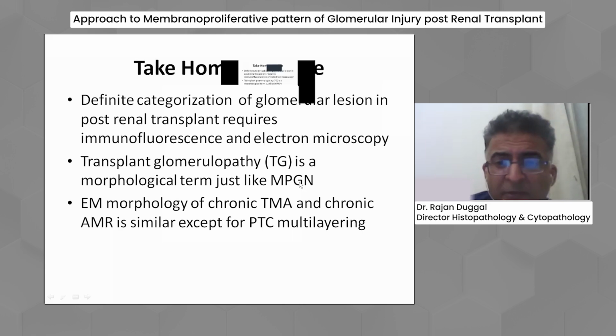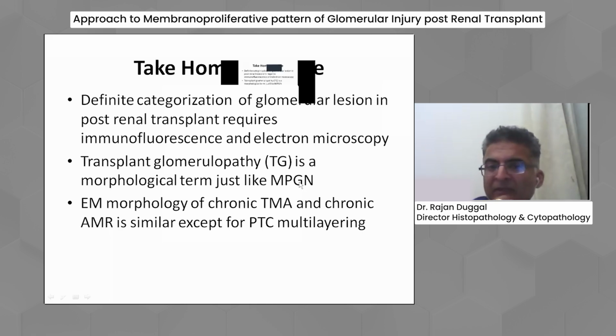Now, in this case, what you're saying is that g and PTC are present. That means there is glomerulitis and there is PTC capillaritis. So surely it is like an active AMR that you are seeing. The only problem is if I find C4d negative in the peritubular capillaries, but C4d staining is there in the glomerular capillary wall. The important thing is don't ignore staining in the glomerular capillary wall. If the glomerular capillary wall is showing C4d positivity and you are finding PTC capillaritis and glomerulitis, even if C4d is negative in the peritubular capillaries, I would suggest that we can think of treating these patients because there is some